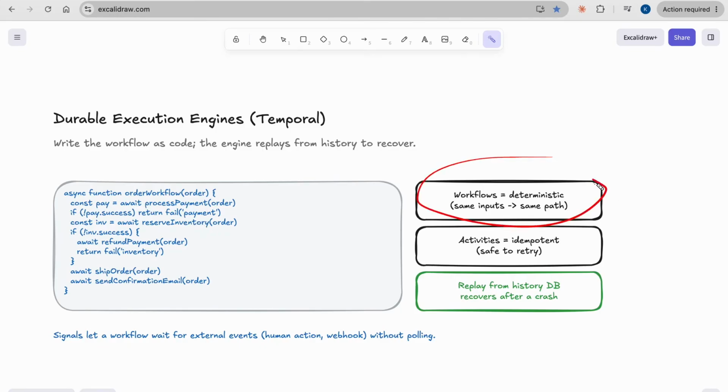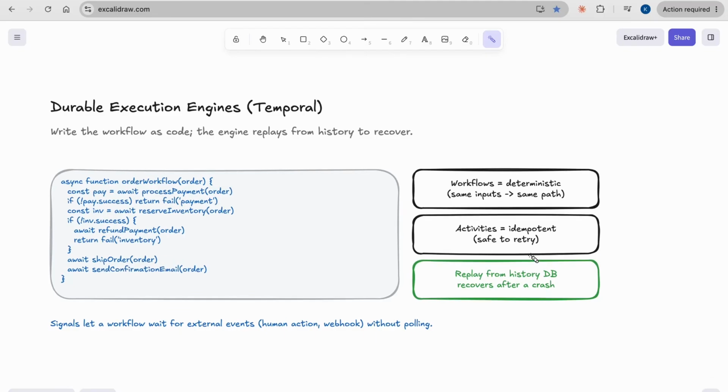Workflow is the high level flow of our system, and an activity is one step in that flow. We can picture a workflow as the ordered steps and the decisions between them, and activities as simple individual actions that can touch the outside world, like calling a DB or talking to external payment parties. Those are what we call activities.